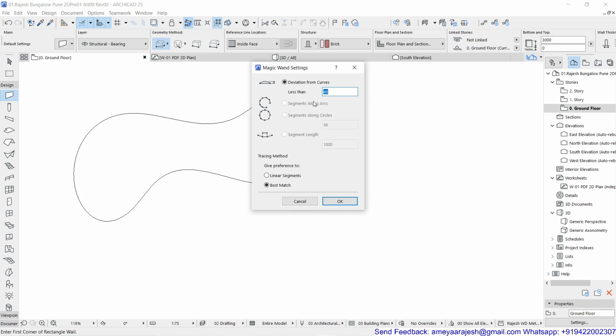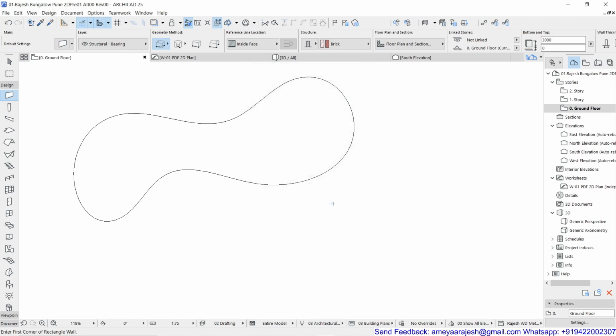And there are several other options. Then there is one option known as a tracing method, where you can give the preference to either linear segment trace method or a best match. So I'll talk about all these things step by step. Just make sure right now by default the setting was deviation from curve less than 40 and the tracing method was best match. Now I'll say OK for this.